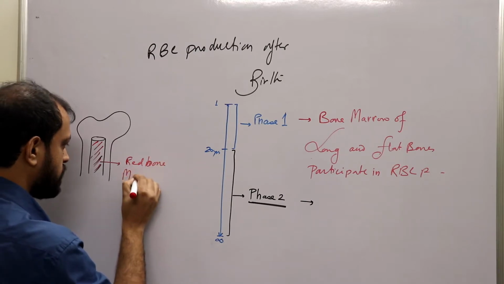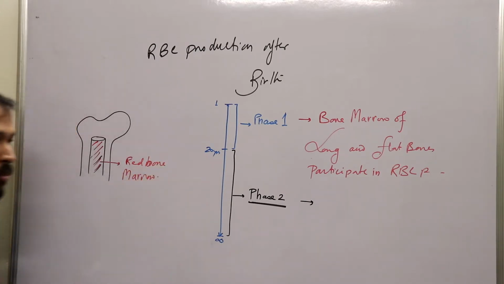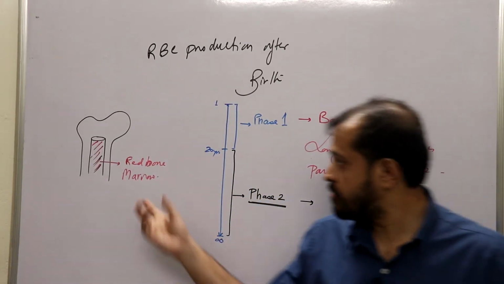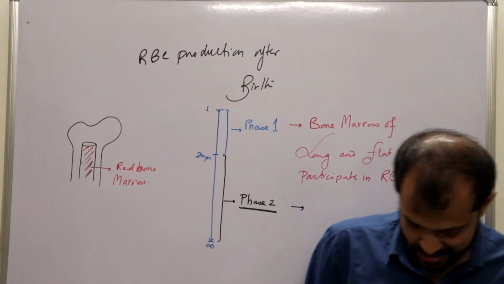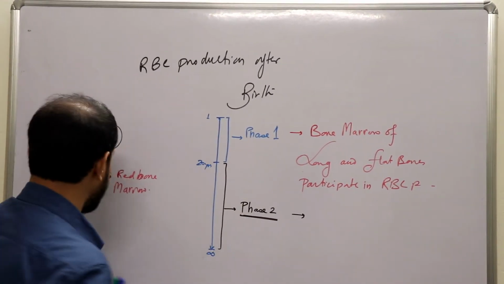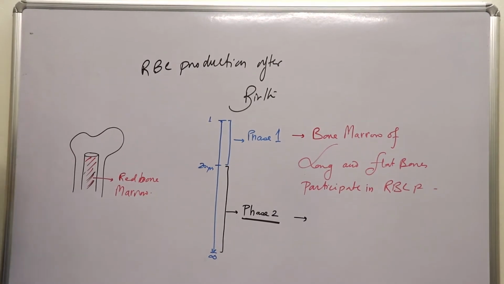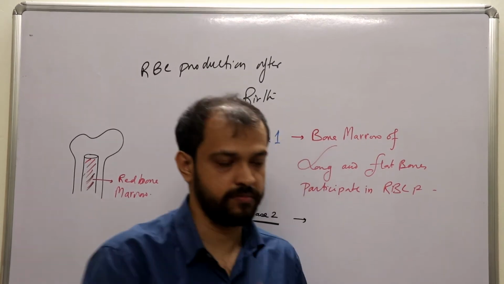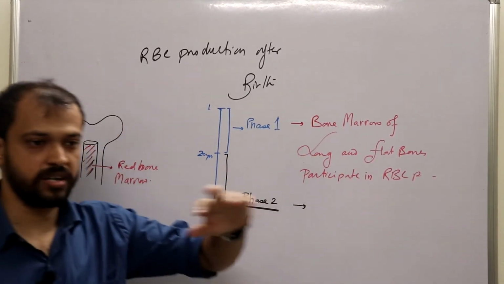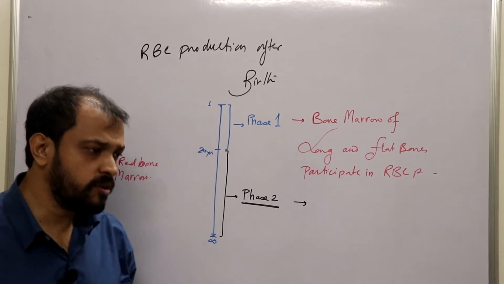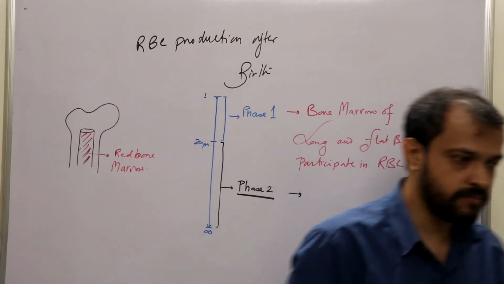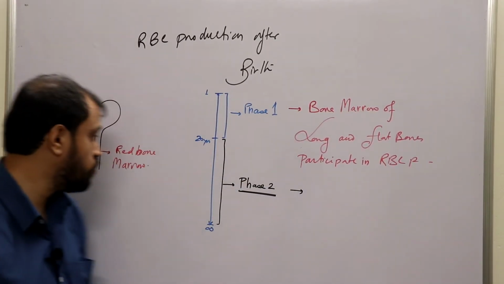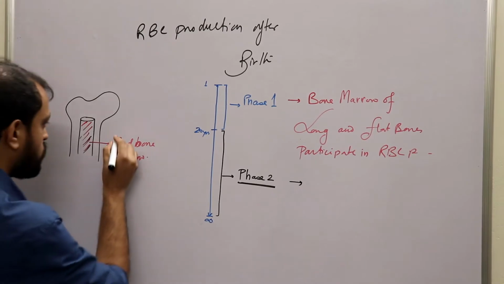That means when I am talking about the bone marrow of a 20-year-old or an 18-year-old person, I am talking about red bone marrow. But when I change this statement a bit, the bone marrow of a 40-year-old, that means I am talking about both red bone marrow as well as yellow bone marrow. How this transformation occurs from red to yellow bone marrow, we will talk about in detail when we cover some basics of histology. But right now, when we are talking about erythropoiesis, we should understand that